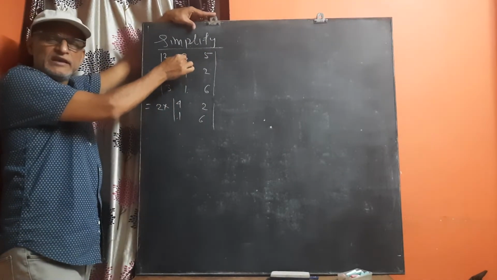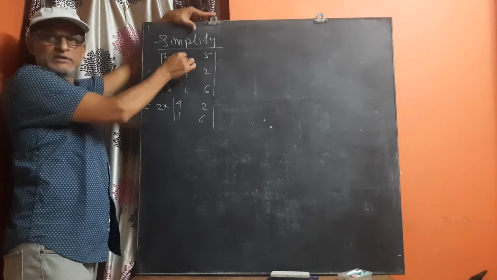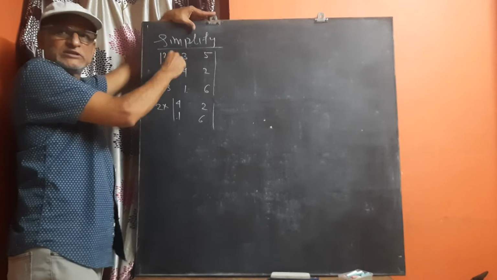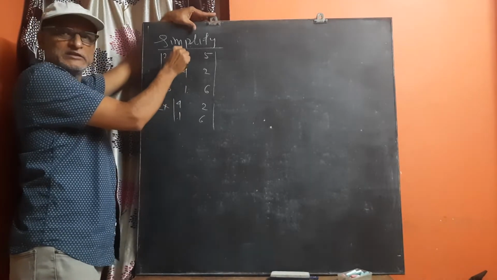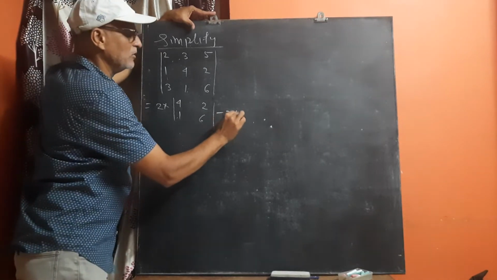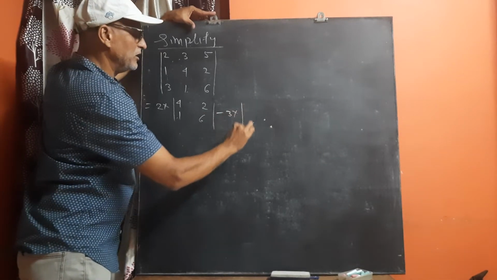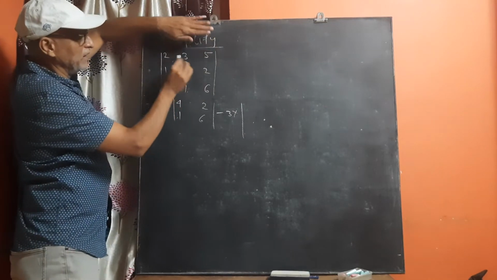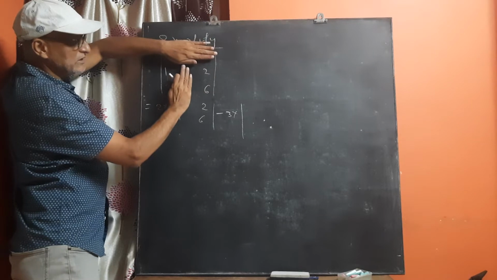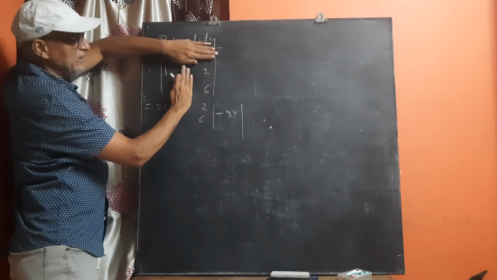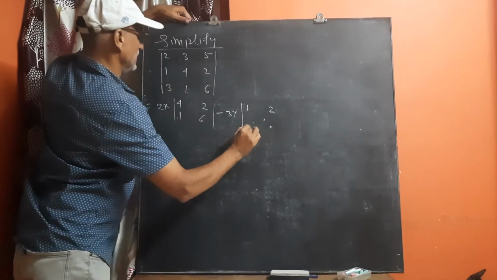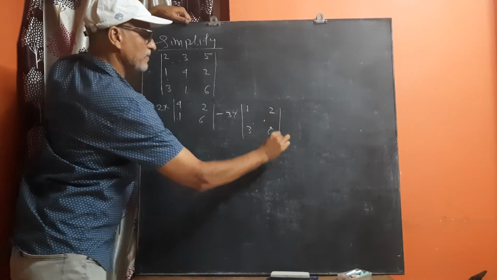3 का ओरिजिनल साइन क्या है? ओरिजिनली 3 is positive. So for the middle term you have to change the sign. Plus to minus and vice versa. That means minus to plus. So originally it is plus, so I make here it is minus 3. I write here minus 3 into determinant of here. 3 is present in the first row and the second column. So skip the first row and the second column. The remaining are 1, 2 and 3, 6.